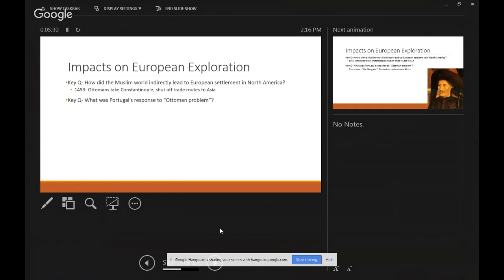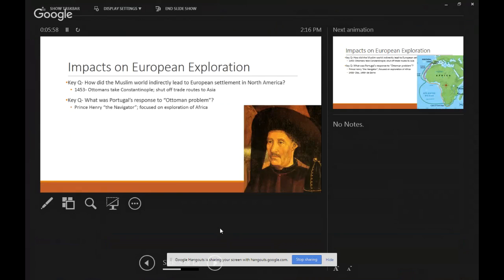And the first country in Europe to try this is where we start to bring the United States into the story. The first country to try to do this is Portugal. All right, Portugal is ruled by a guy named Prince Henry. Prince Henry is so committed to sailing and trying to find a way to get to India and China by sending boats out to explore that he gets the nickname Prince Henry the Navigator.